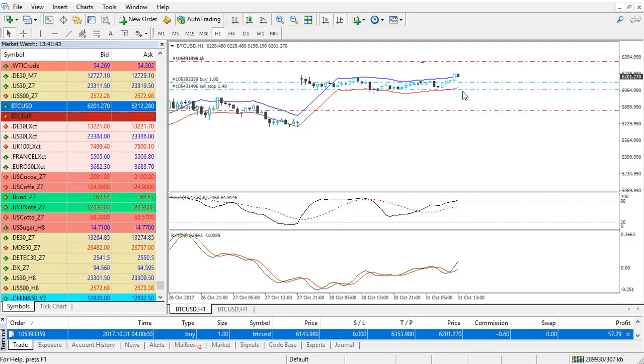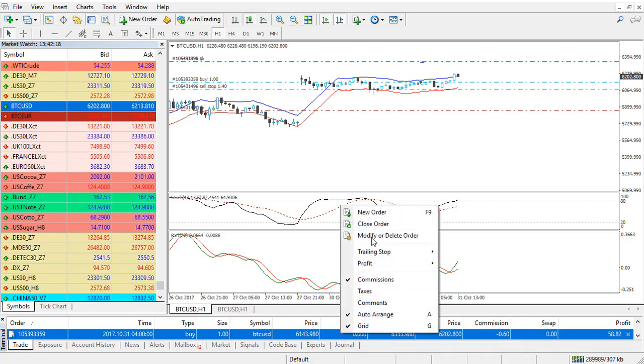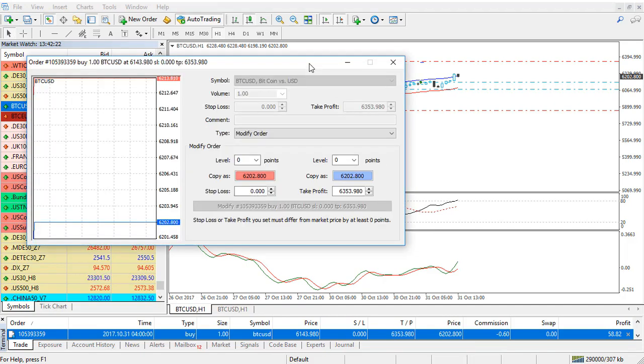If I enter into the never losing formula, so I hit the sell stop, then I will place another buy stop at the same price of 6,143. And then if the price hits this take profit, the sell order that we just placed now should close at the same moment, right? Because if it doesn't and the price continues higher, obviously we will be on a loss. So make sure you do that. And the other thing you need to do, you need to modify as well the stop loss for the long position, for the buy, which actually needs to match with the take profit of the second position.